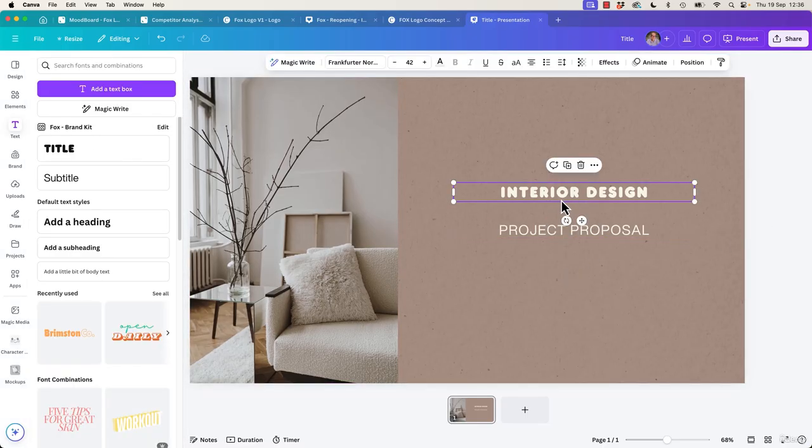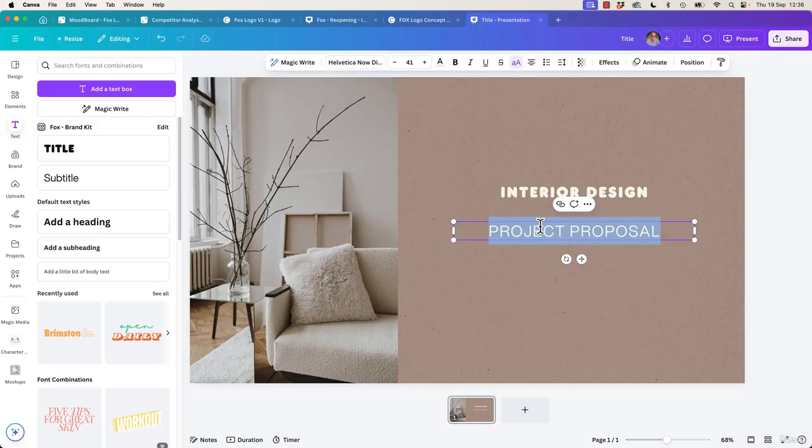Actually, let me just play around with the font. Select it all. Remember the shortcut? Hold down Command and Shift. Did I tell you the shortcut? Control and Shift on a PC, Command and Shift on a Mac, and use your greater than and less than buttons. Okay, I think I've already done that. Anyway, so you mess around with the fonts, mess around with the placement,